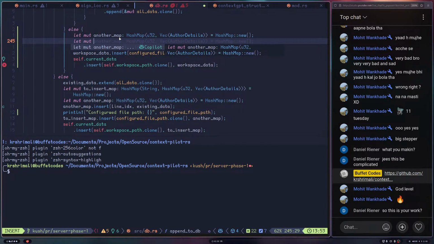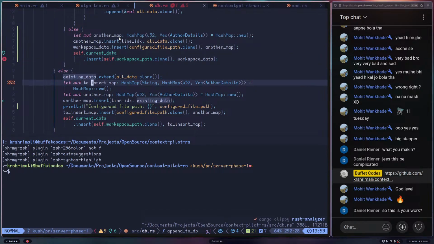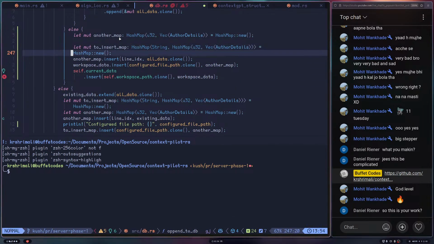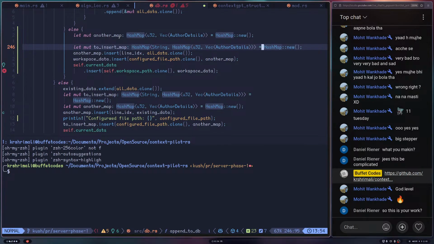Okay, so I think let's just copy. See, the point is, we are doing this somewhere. This is what we should probably be using instead of workspace data. Maybe because we missed marking it as,